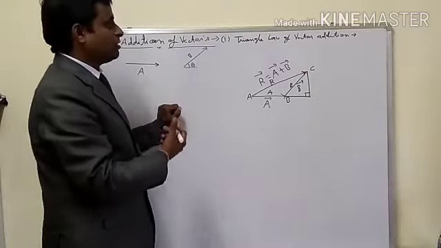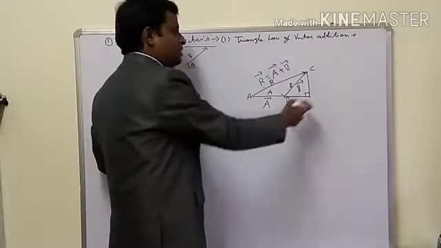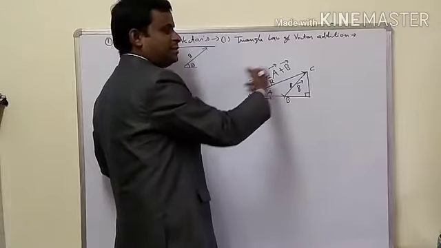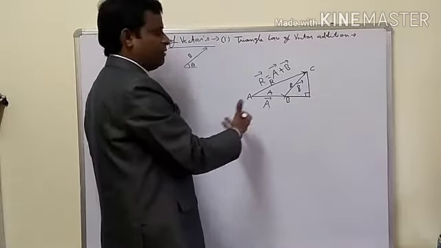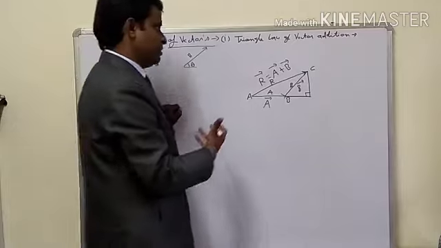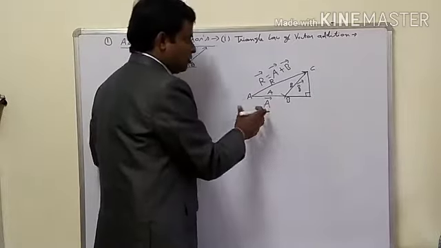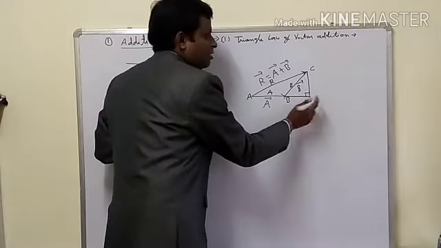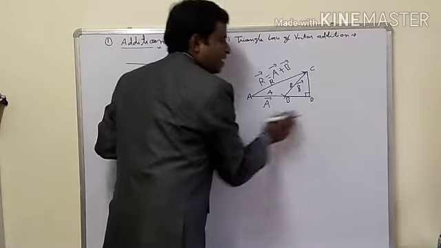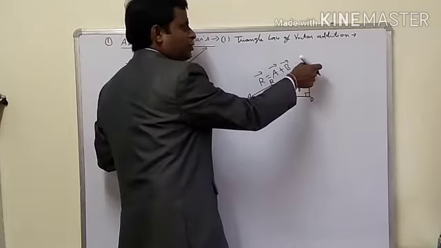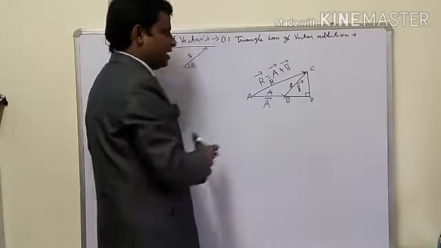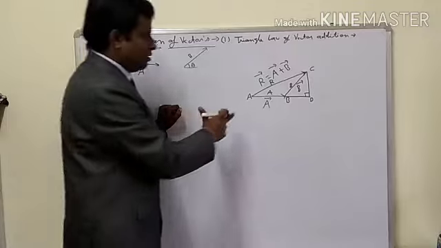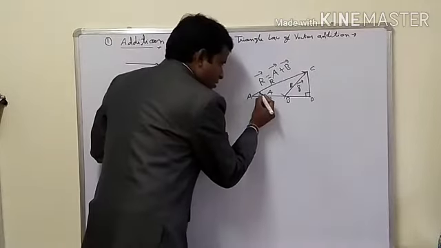Why? Because we know the relation between the sides. Among the sides of a triangle, we have a relation. The Pythagoras theorem gives a relation. So for applying the Pythagoras theorem, I am extending this AB to D and drawing a perpendicular from C to D. So now this triangle ACD is a right angle triangle.